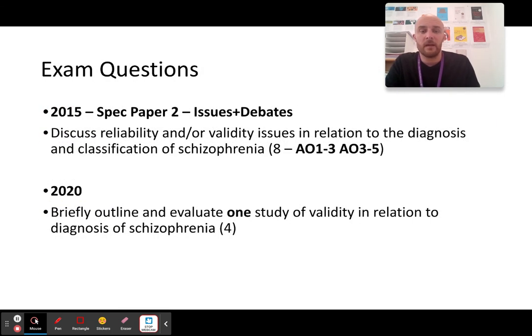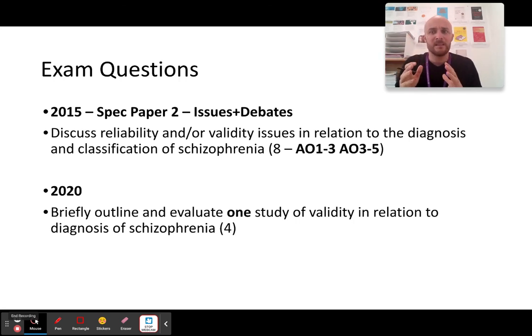In terms of essay questions, to be honest, I would argue this is one of the only questions that my students will fear at the end of it. Look at this question: discuss the reliability and or validity in relation to the diagnosis and classification of schizophrenia. And it's just an 8 marker. You can talk about that for 32 marks, let alone 8. So it's a really, really tough bullet point. I know it's going to suck, but you may have to watch that video a couple of times through in order to wrap your head around it.